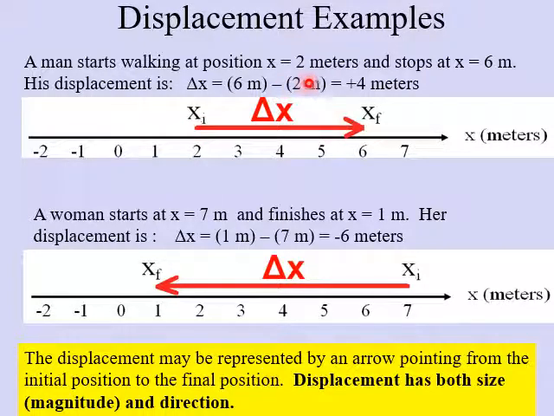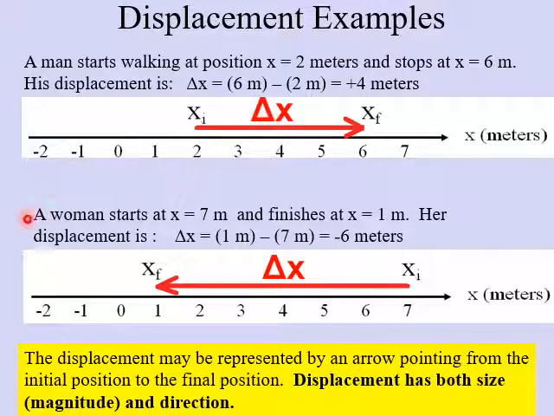So 6 minus 2 is, of course, 4. We're going to put a plus sign there just to emphasize the fact that his displacement is positive 4 meters, meaning he moved in the positive direction, pointing to the right. So this represents his displacement. This arrow here, pointing from where he started to where he finished, represents his displacement, and we'll label that delta